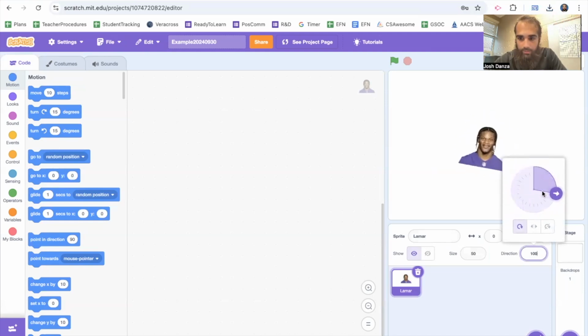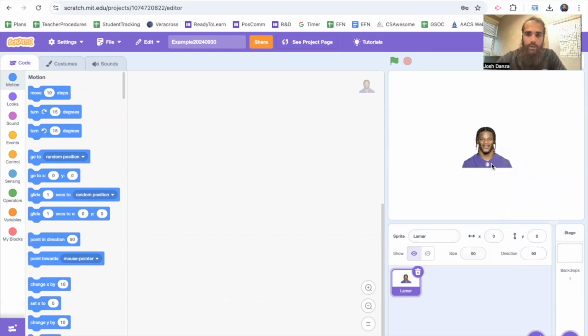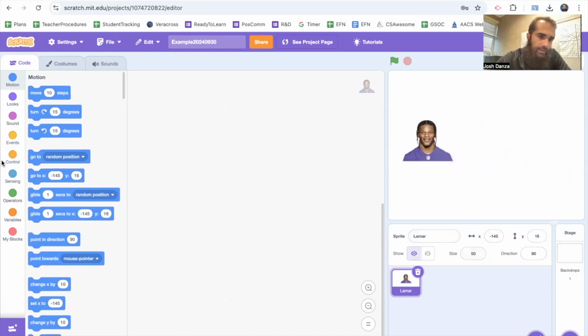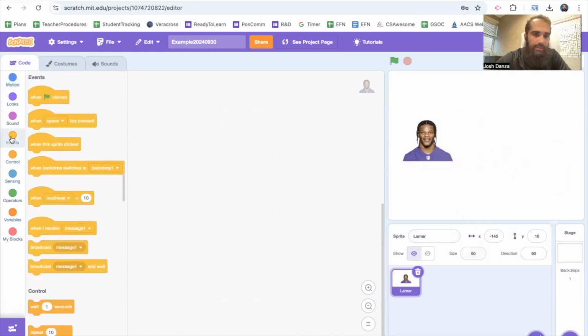Okay, now this doesn't really change anything. Like this doesn't include any programming. But we're going to get into that right now. Check this out. Let's say I start Lamar Jackson right there. And if I click on events